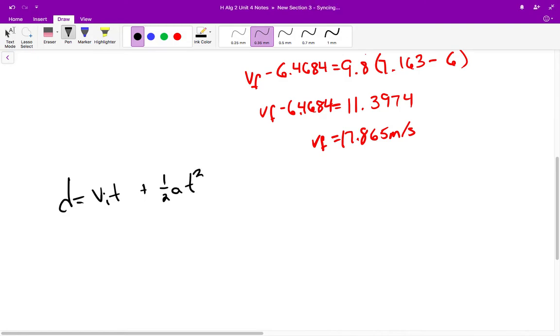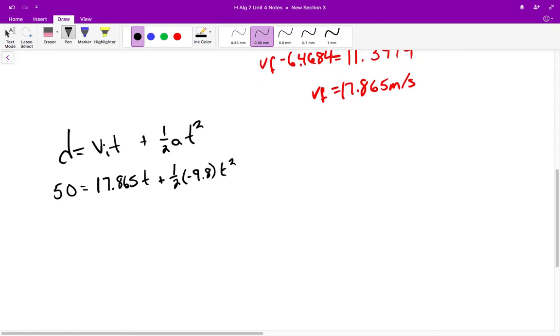Now, a lot of this stuff you already know. For instance, we already know that d, I told you to make that equal to 50. In other words, you need to be trying to stop your ride in 50 meters. Now, my initial velocity here is just what I finished off with, that 17.865. Still don't know what t is, so t plus, I'm going to take 1/2 our a value, which is negative 9.8. We're going to assume that we are slowing down due to gravity, and then there is t